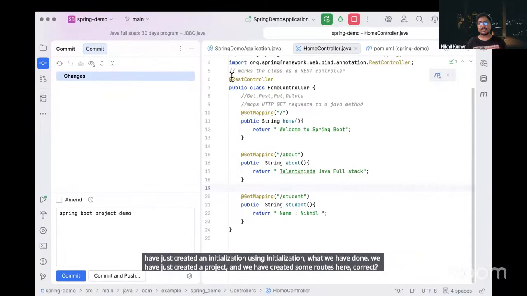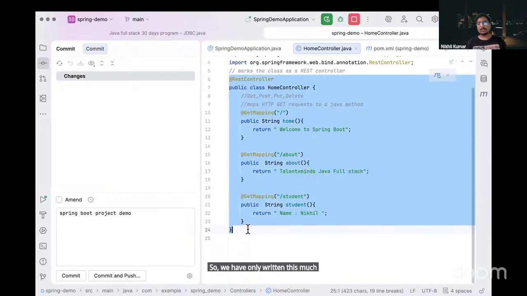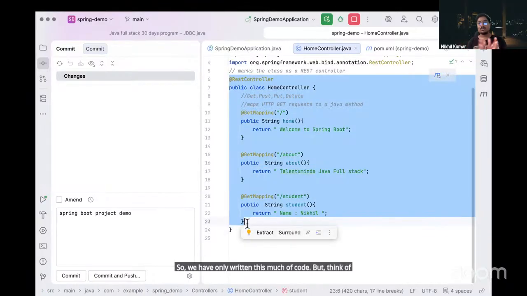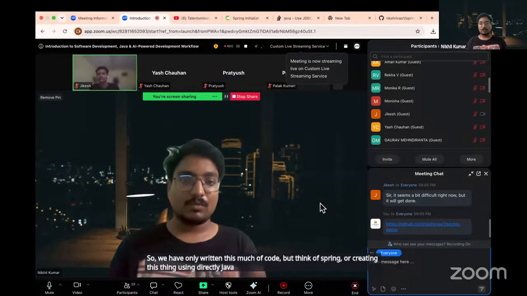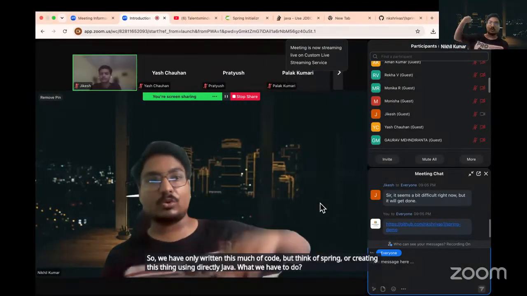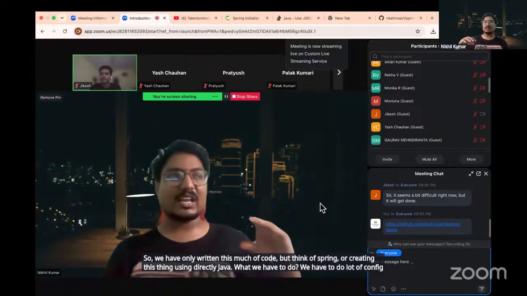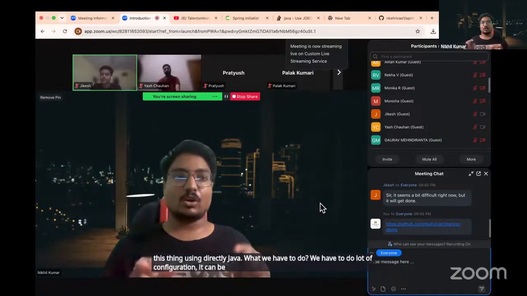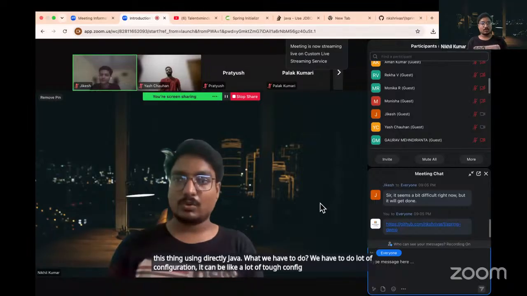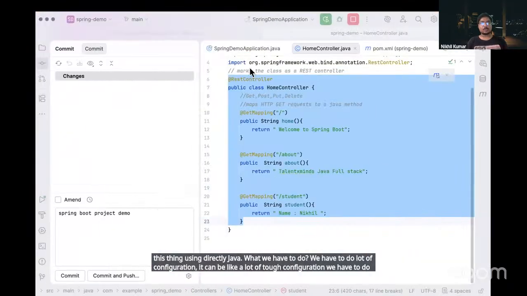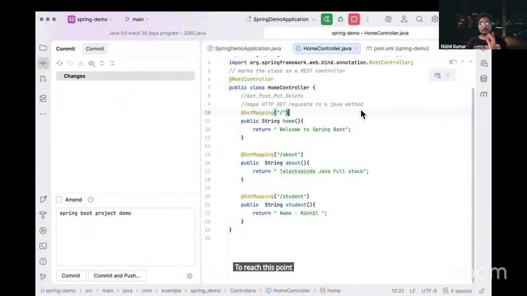We have only written this much code, but think of creating this directly using Java. What would we have to do? We would have to do a lot of tough configuration to reach this point. That's how Spring Boot helps us reduce boilerplate code and configuration.